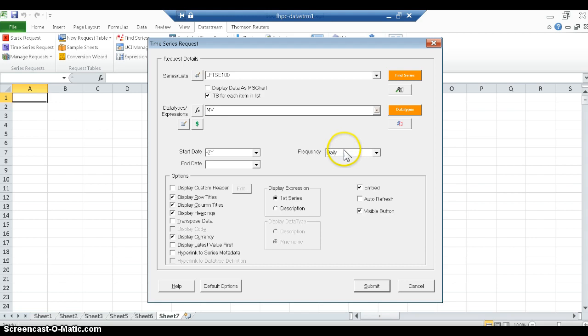I'm going to leave the frequency daily. That information is available for the code that I chose. But if it weren't, I'd have to select one of these options instead, but I know it's daily data, so I can keep it like that. I want row titles, column titles, headings, and I want the currency displayed. I want the button embedded and visible, but I do not want auto refresh, and now I'm ready to submit